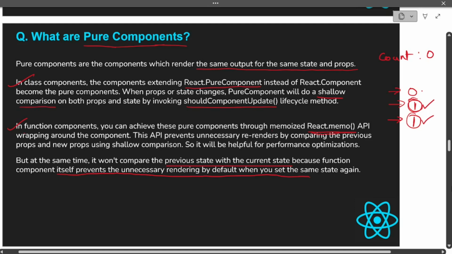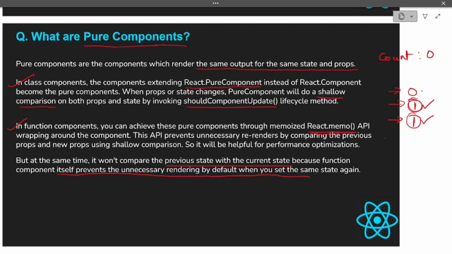Previous ones were the class-based components. So in functional components, by default this functionality is given: if your state value is the same as the previous state value, then the functional component by default will not re-render.